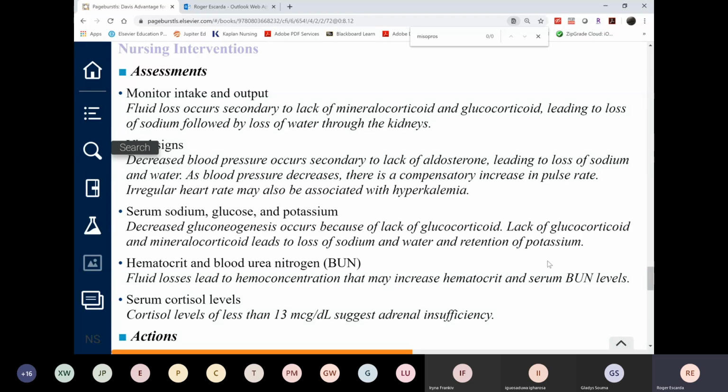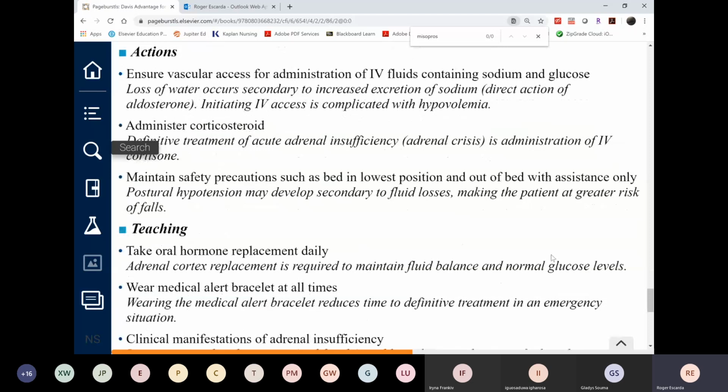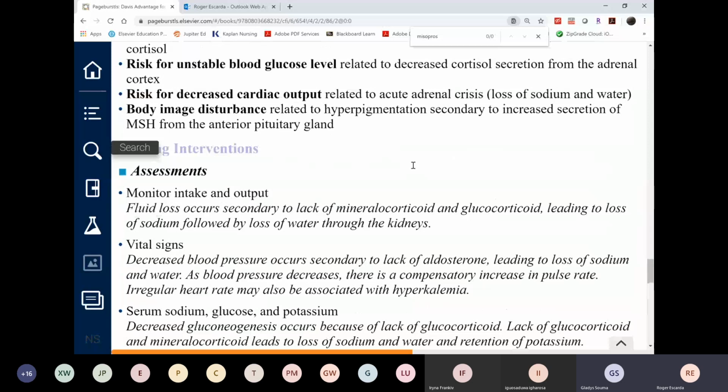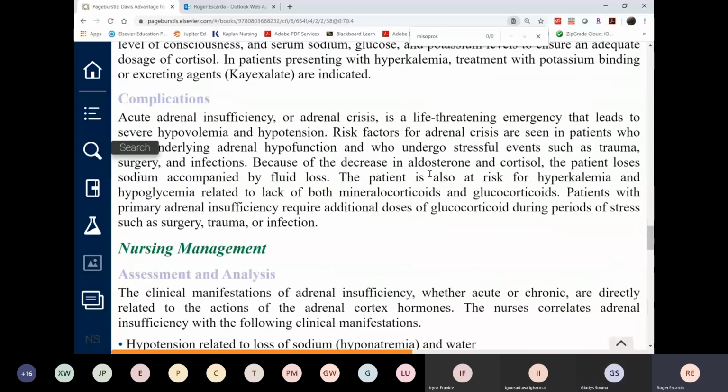So let's look at the actions now. So this is during an acute adrenal crisis. The triggers, by the way, I'd like to remind you. So if the patient here already has Addison's and then experiences a severe stressful event like surgery, trauma, or they develop an infection,